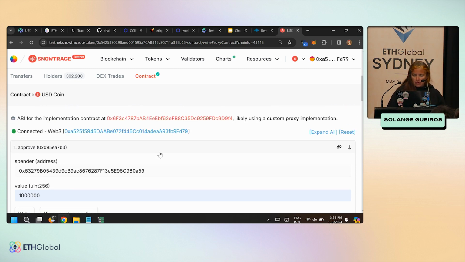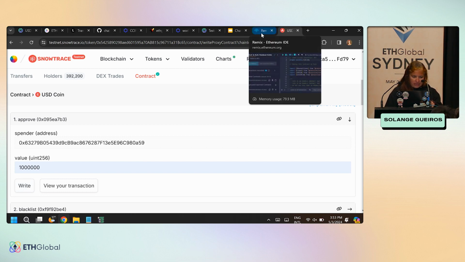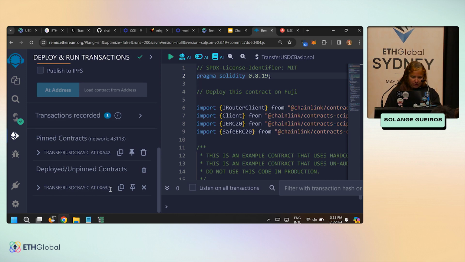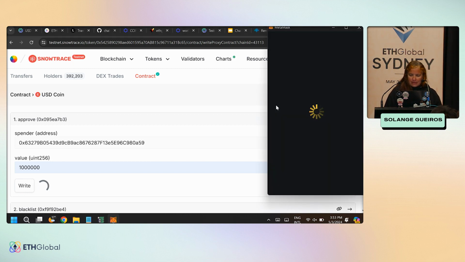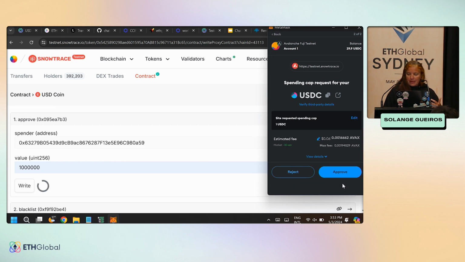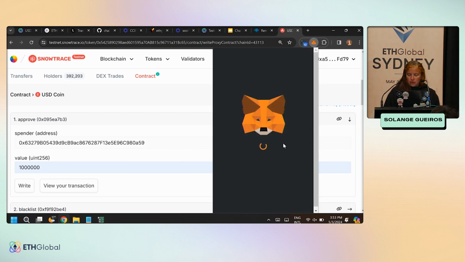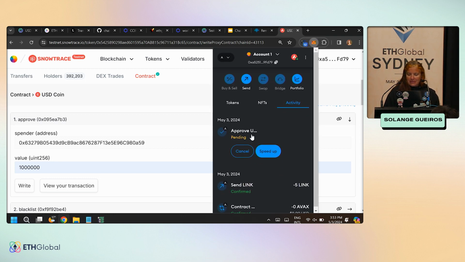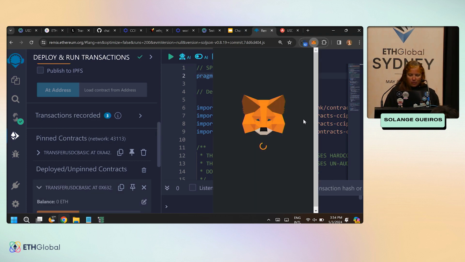It seems that this was the last one. No, I think I can do this now. Let's be sure that it's another. It's 6327... 63. Yes, it's the new one. So remember that I'm approving my smart contract to use my USDC to transfer from my wallet to another place. Okay? When I have these two done, I must wait for this. Then I will be ready. I think it's done now. Then I'm ready to